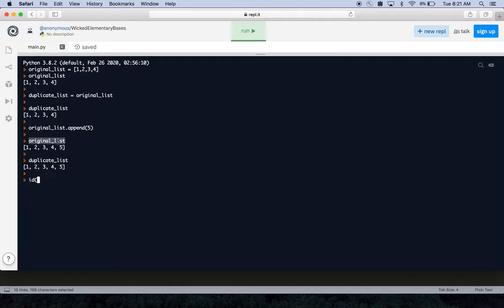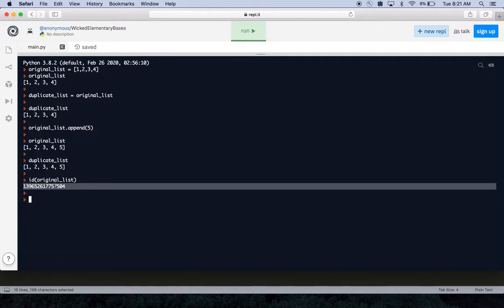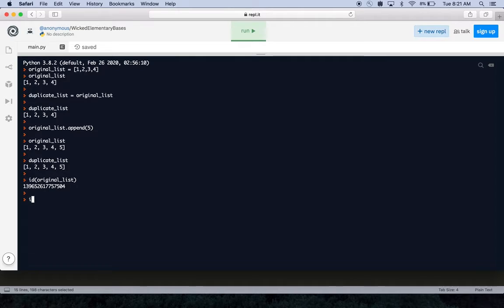So if I take the original list object and pass it into this id function, it gives me this number, this unique id. And if I took the same function and passed in this duplicate list,